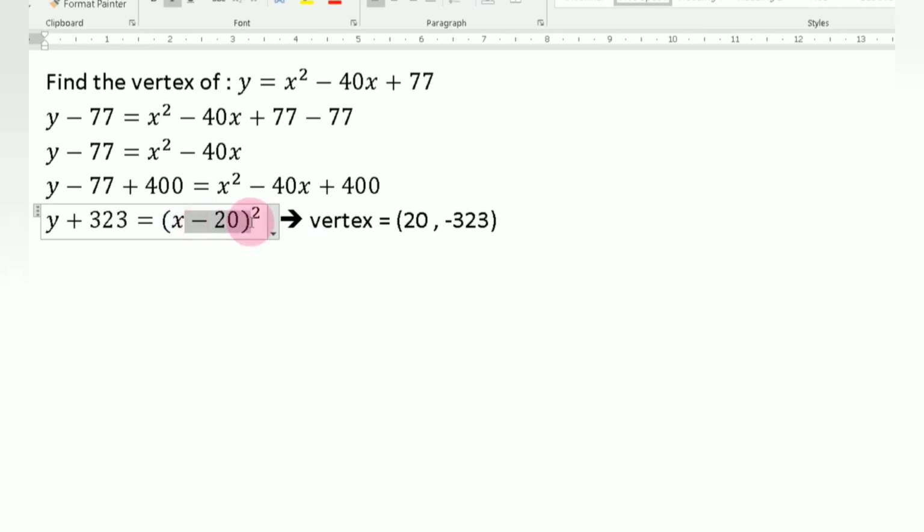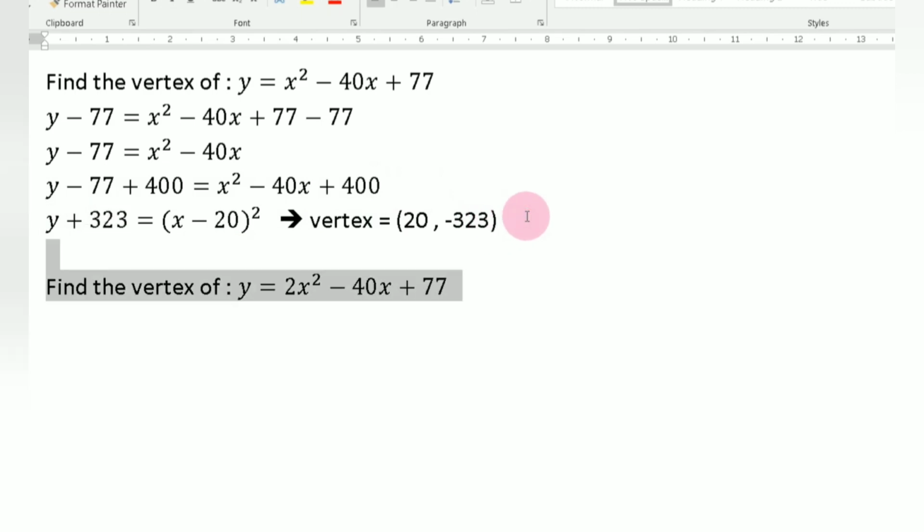You can just extract 20 since these are already subtraction. It is 20. So this one is addition, therefore you need to make it negative. So negative 323. So that's your vertex. Next, if we have